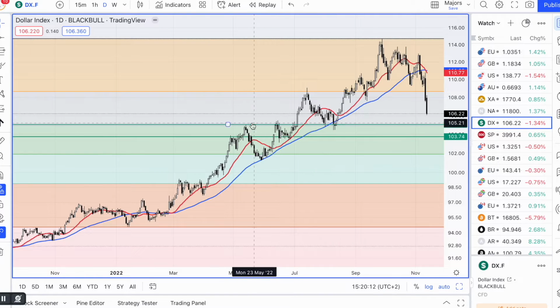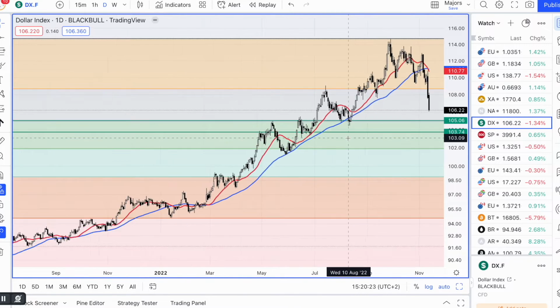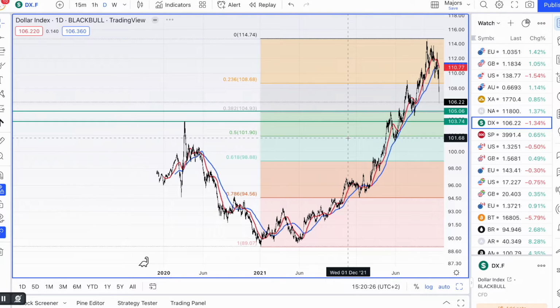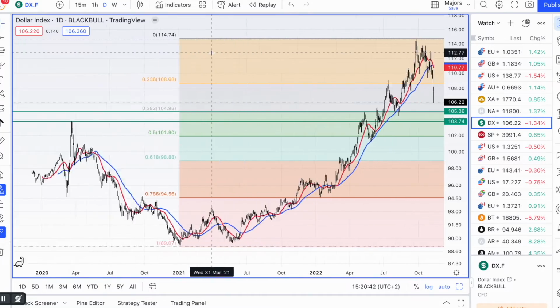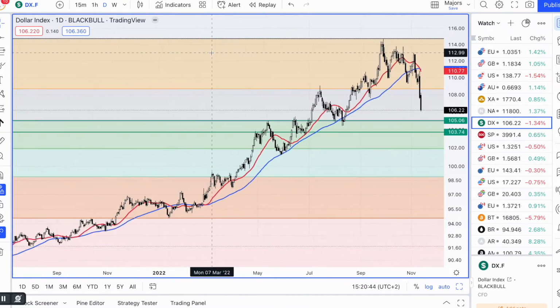So it was resistance, a double top resistance, then it became a double bottom support. So it's a really key level, but just beneath that we've got the 103.60 level, which is also the previous high which we saw over there on the weekly chart. So we've got two key levels to work with, and that's 105 and 103.60, 70, 80, somewhere around the high 103s. So we know that the dollar is likely to continue lower until we reach at least 105,